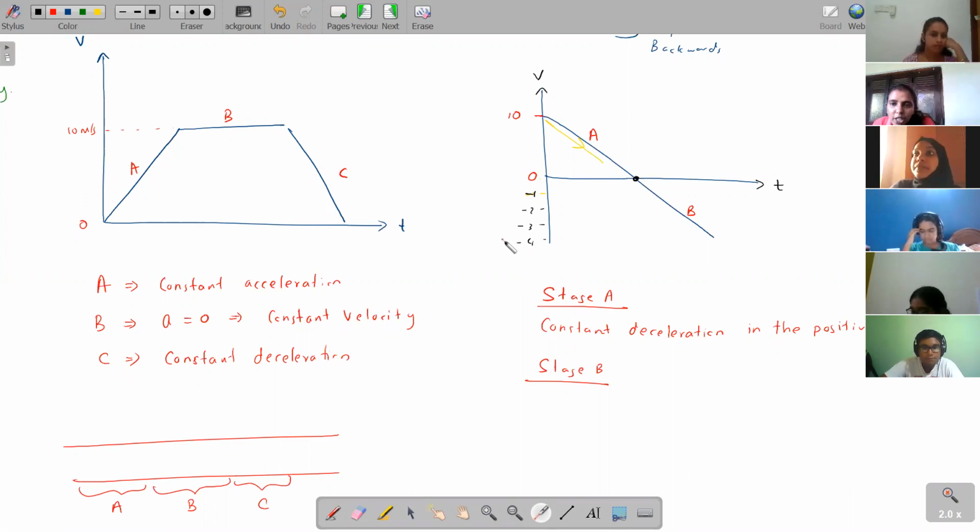Do you get what I'm trying to tell you? The negative is simply showing the direction, while the magnitude is given by the size here. So 4 is bigger than 3. So the more you go down, is it a constant acceleration in the negative direction? Yes, exactly, it's a constant acceleration in the negative direction. That is the word. It's a constant acceleration, but in the negative direction.